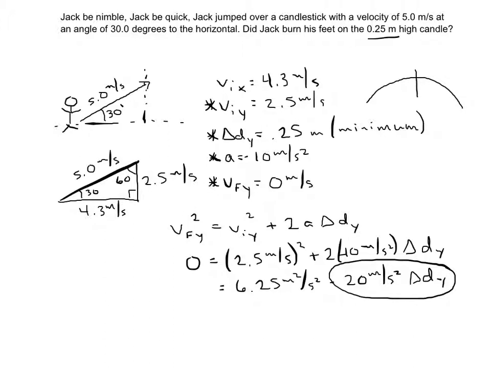So we're going to get 20 meters per second squared delta dy equals 6.25 meters squared per second squared. And then the last step of this is going to be to divide by 20 to get delta dy by itself. And we should get here delta dy equals